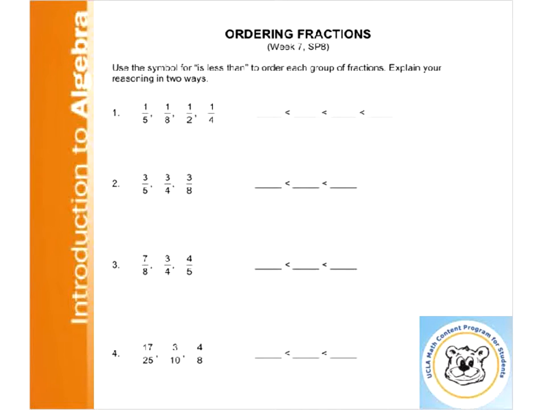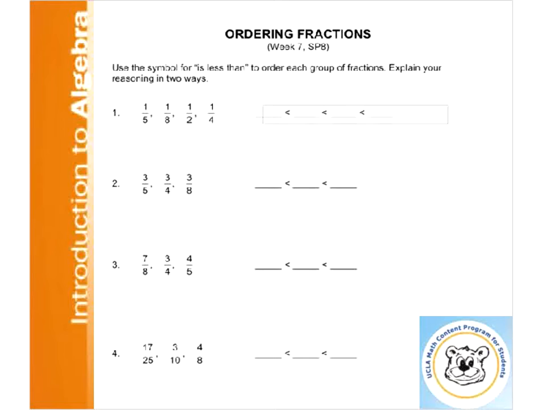All right, so this was the while-you-were-waiting activity, and this is actually from student page 8. What we want the students to do here is to basically order these fractions using some sense-making strategies. For number 1, I think most of you filled out the order for this set of fractions, but essentially this group of fractions are all unit fractions where the numerator is 1 and the denominator is a